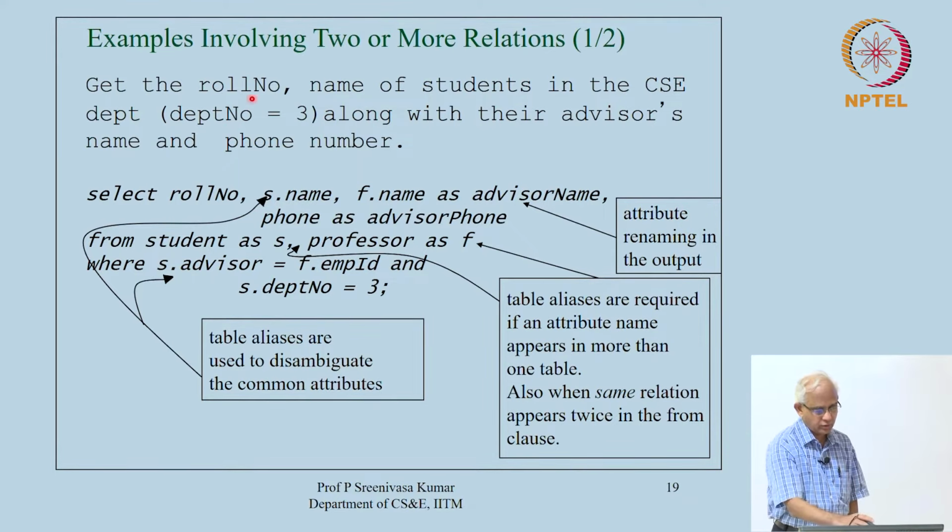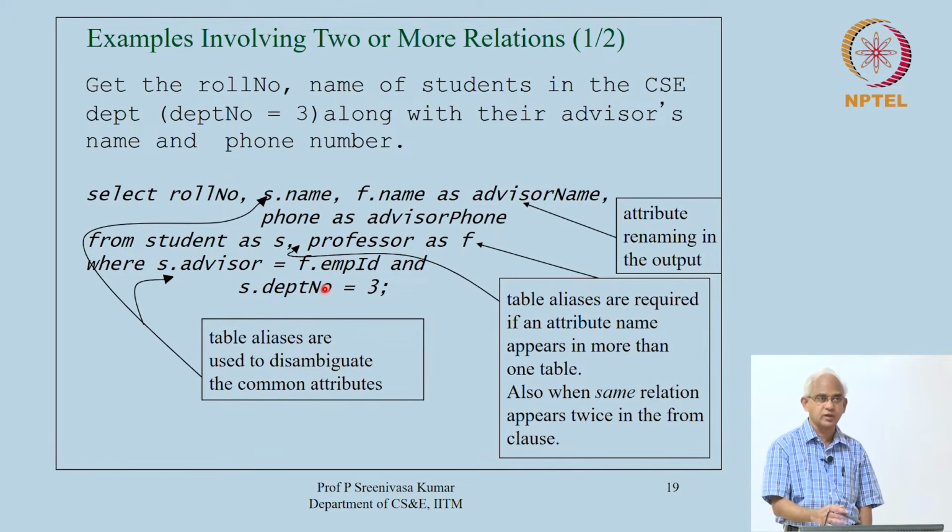Get roll number and name of students in the CSE department, department number 3, along with their advisor's name and phone number, for some reason. Okay. We want to get this information. So, where is this information? Student information is there in the student table, and then professor information, because advisors are professors. So, we want the names of the professors and phone numbers. So, now you will see that